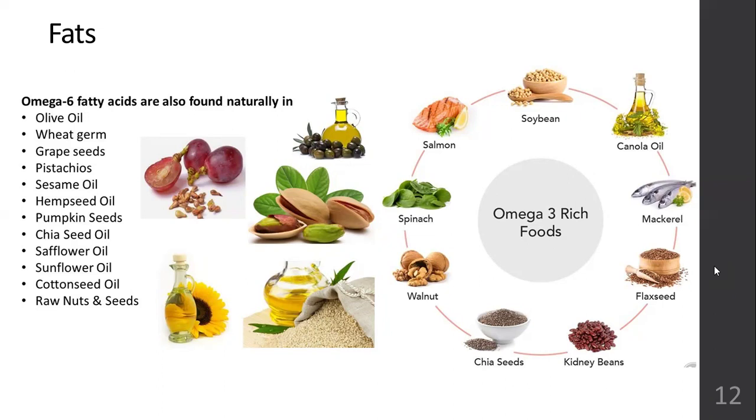Flaxseed oil, you can't use it for cooking, but you can sprinkle it at the end. Instead of refined oils, you can go for first press oil, the unrefined one. You can go for kachi ghani oil. Refined oil also can be used. There is no harm in that, but the amount of oil that you use in your cooking is what matters. The quantity of oil that you use is what matters.